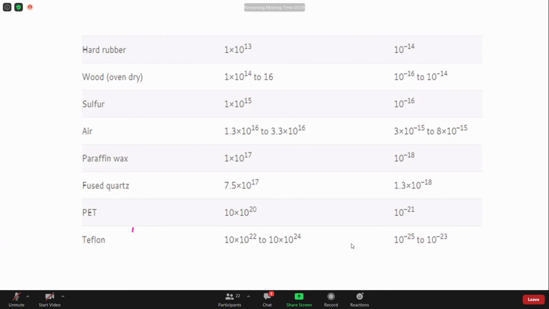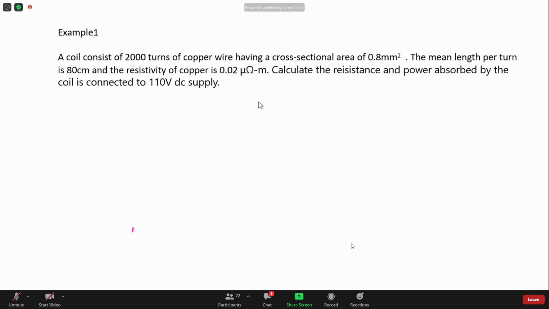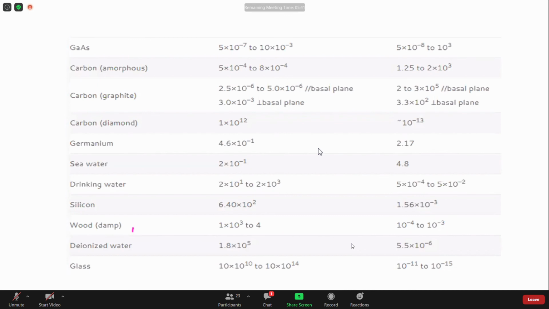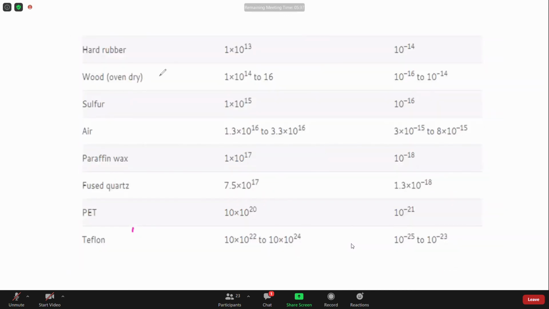Then one thing that helps is your feet. As much as possible, your feet should be very close together, so that there is no large potential between one foot and the other foot. That is called the step potential. Step potential.